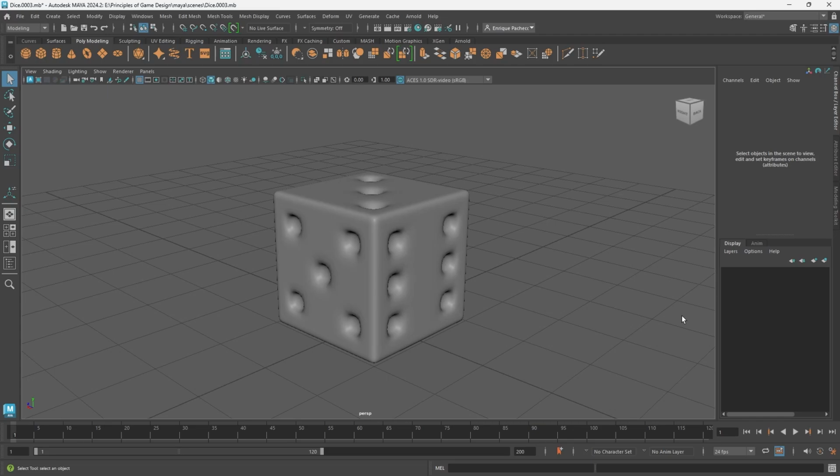Everybody, and welcome back to Principles of Game Design. This video is about preventing and fixing some mistakes that we might run into while we're modeling, as well as building up a unique die. So to start with, I have this die that we built in the previous episode, except, oh no, I've accidentally